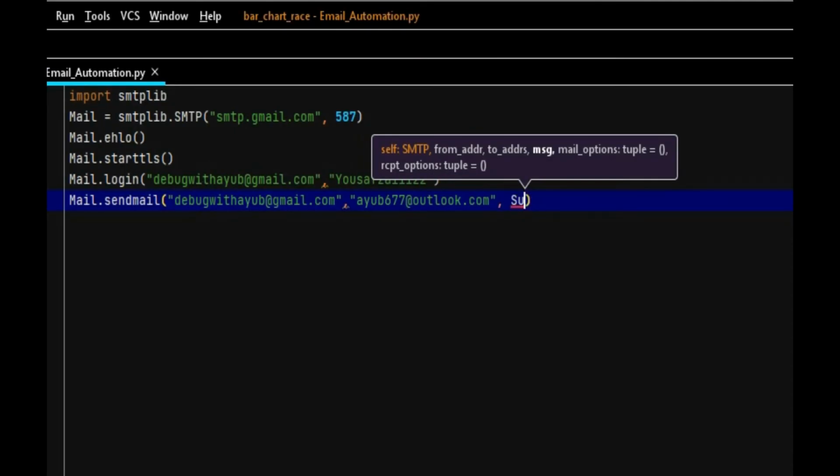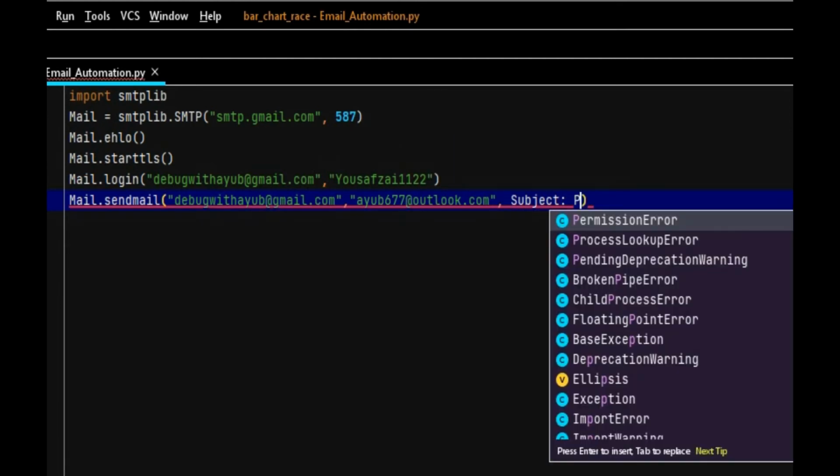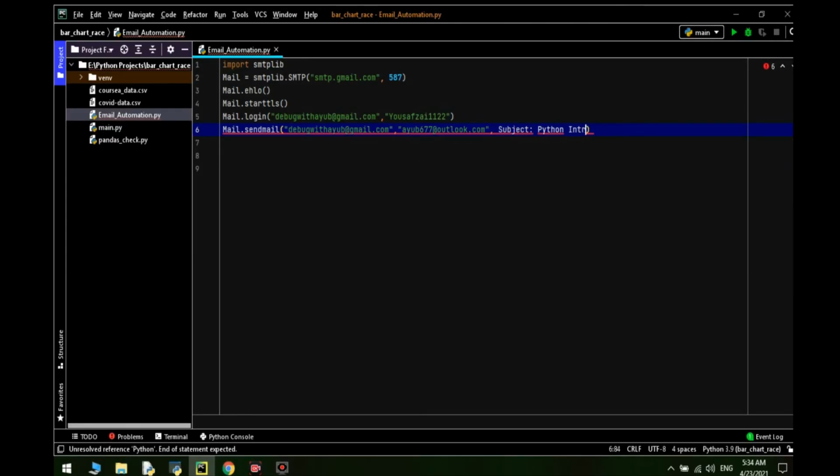I will type my message with the email subject Python intro. This will be the subject of our email. So let me just correct the syntax.